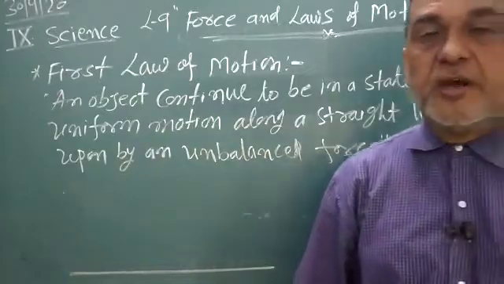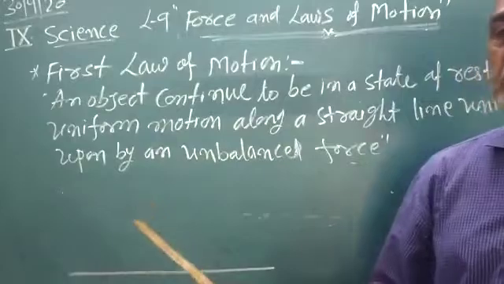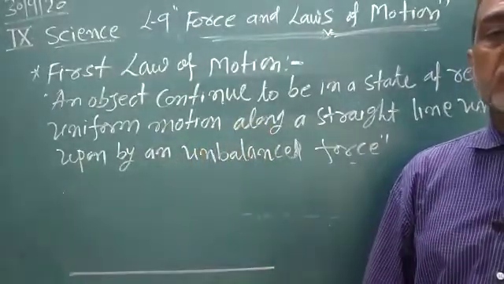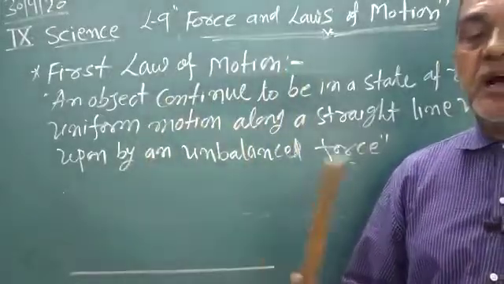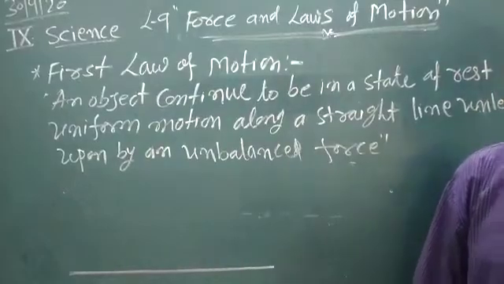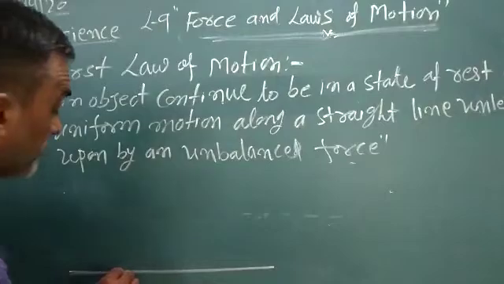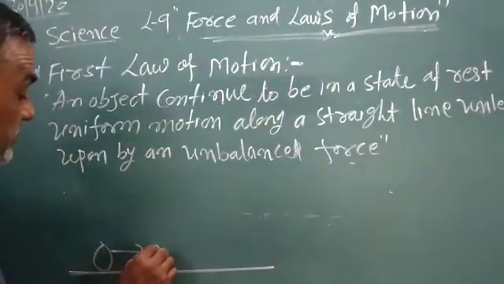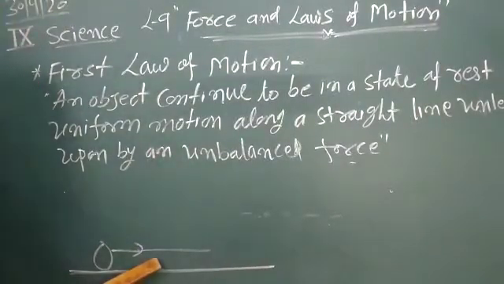Last time you learned about balanced and unbalanced force. When an equal force is applied in both directions, that is known as balanced force. And when unbalanced force means unequal force in opposite directions, that is known as unbalanced force. So suppose an object is traveling in a straight line, in linear motion, right? Its speed cannot be changed, okay? But suppose